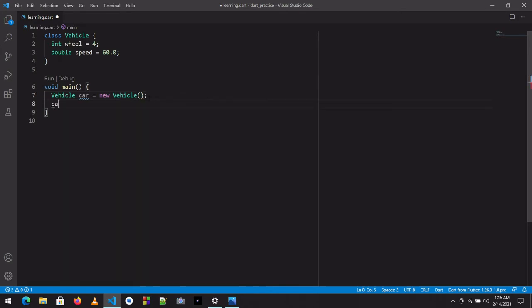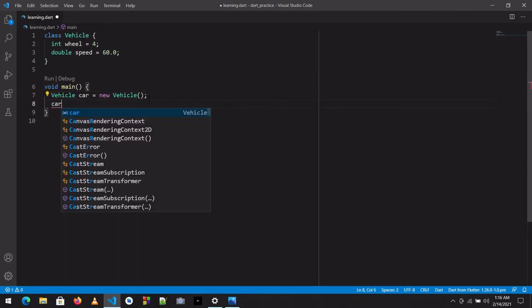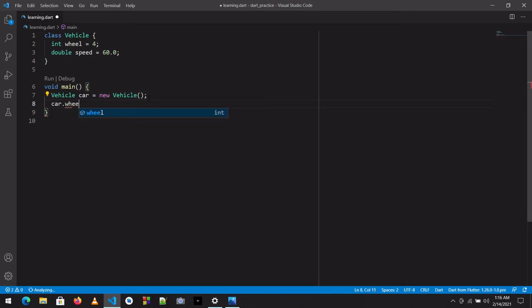Now we can write car dot wheel. To access this attribute, the wheel or the speed, we can just write car, which is the object name we created, followed by a dot operator.